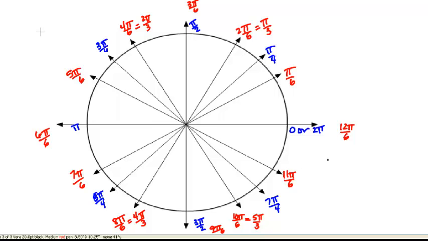Okay. So if you really know how to count by sixths and by fourths, you're going to get the unit